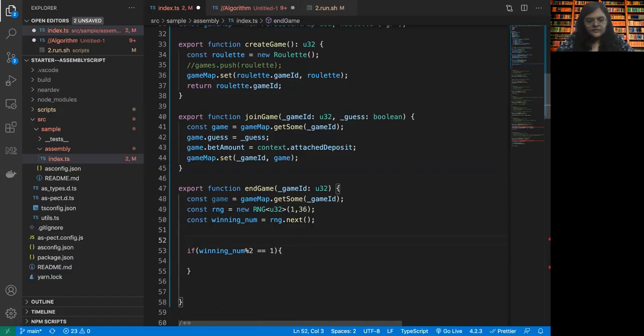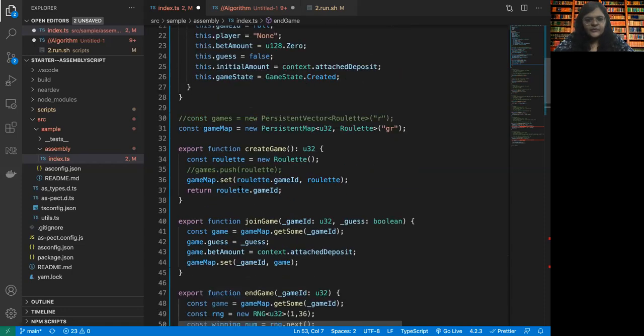So let's have const var is equal to, okay, let's try to check here. So the winning number is odd. So if the winning number is odd, then if the user, okay, let's keep the Boolean as 1 for odd and 0 for even. So if the user has guessed 1, then the user wins in this case, otherwise the system wins.